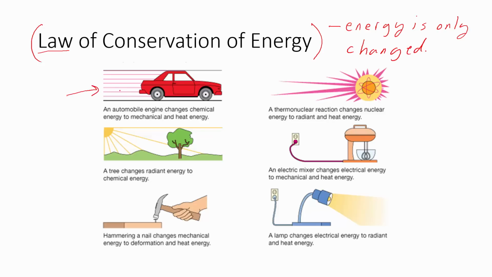So we just saw this example that we had of gasoline being used up, the chemical energy being used up, but it's not really being used up and disappearing. It's turning into motion energy, kinetic energy, and it's turning into heat energy. So it's being transferred from chemical bonds to heat and motion.